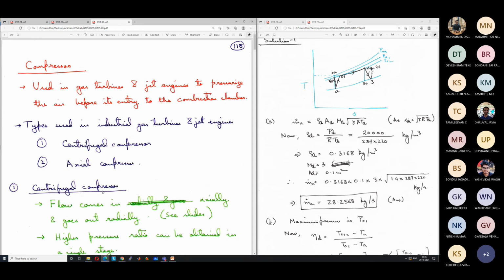So the jet engine part will be entirely there in your syllabus. Okay, the industrial turbine will not be there, but the jet engine part will be there entirely because we have studied this after the exam. Only briefly we have started before the exam, so it will be there entirely in the final exam syllabus.